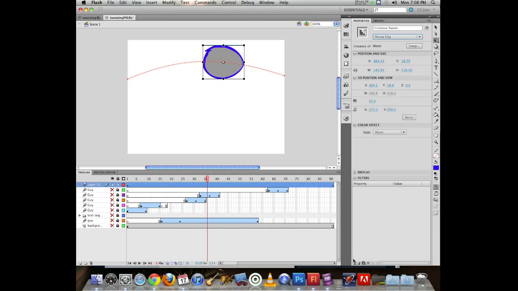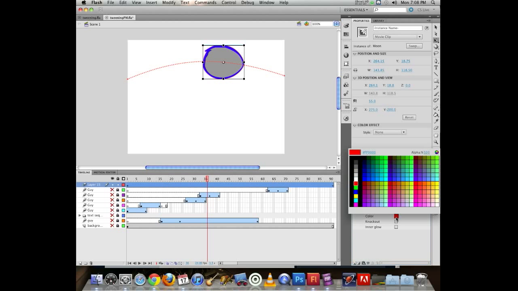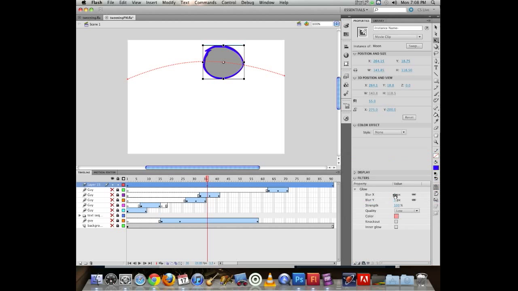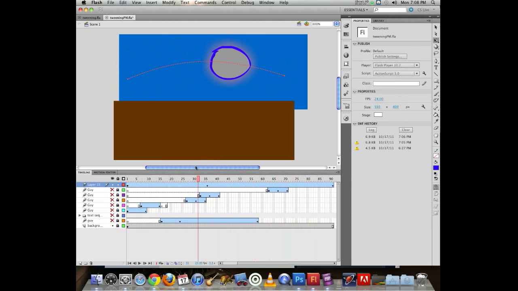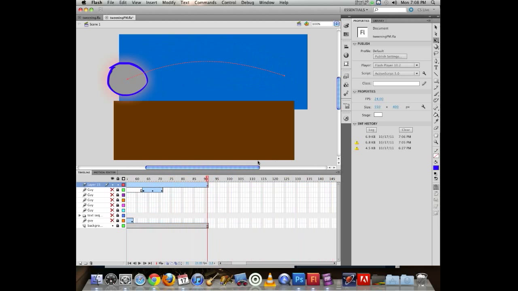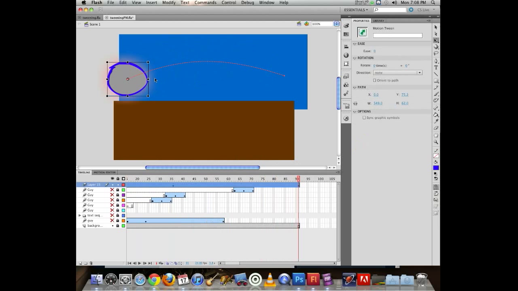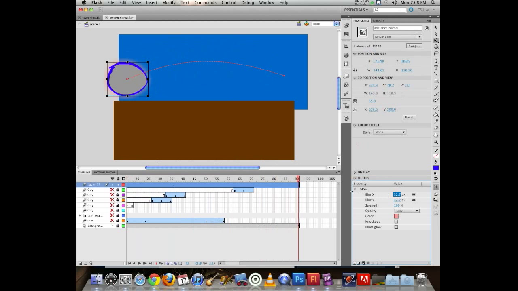So if I want to take this moon and say I want to put a glow on it, and I want my glow to be, I'll choose a nice pink color, make it bigger, okay, turn off the background. You can see it's glowing. Now that glow fades up and stays because this filter is completely tweenable. So if I want the glow to go away at the end,